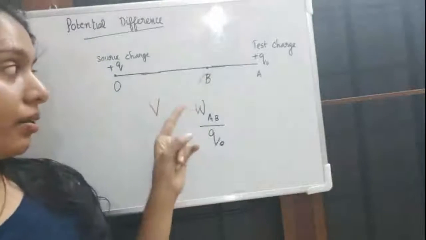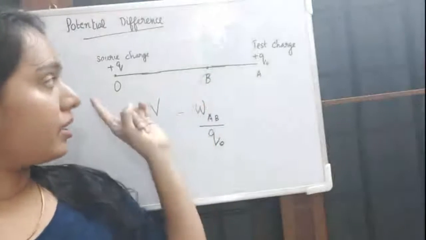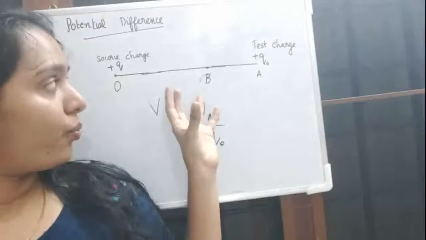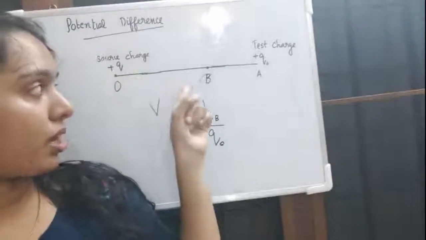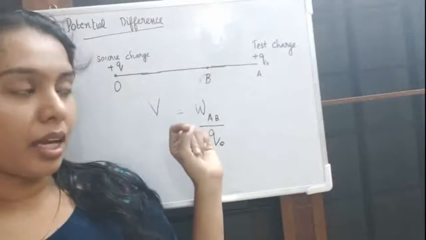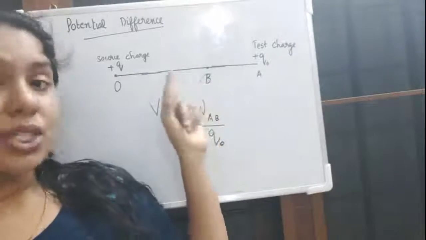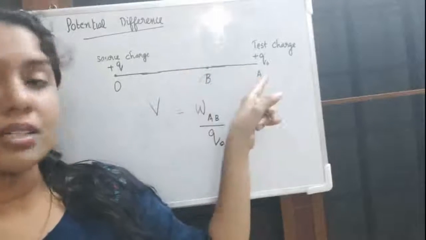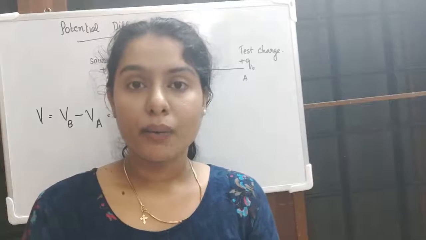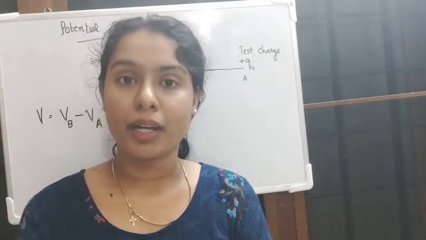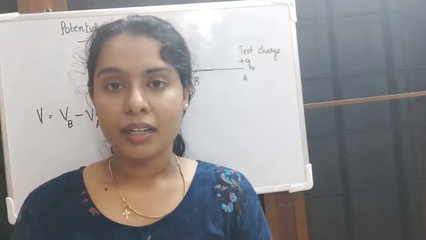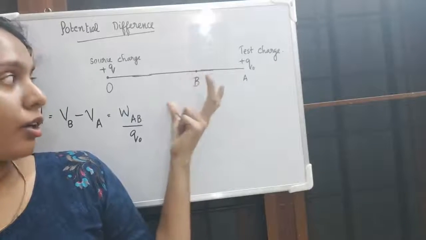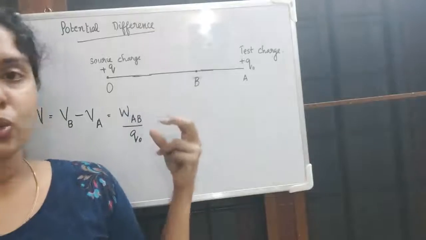Again consider this figure. We have 2 points A and B in the electric field of this source charge plus Q. Which is closer to this source charge, point B or point A? It is point B. So a charge at the point B will experience more repulsive force than the charge at the point A. Now let us see how to define this electric potential in another way. Here, in this case, we consider these 2 points A and B are closely located. They are very close to each other.